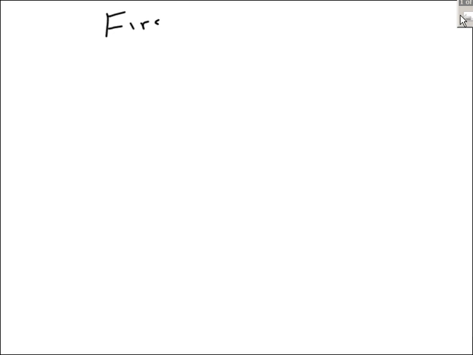Let's talk about the first derivative test. Basically, what information can we get from knowing the first derivative? Now, let's just look at this. If you have a curve